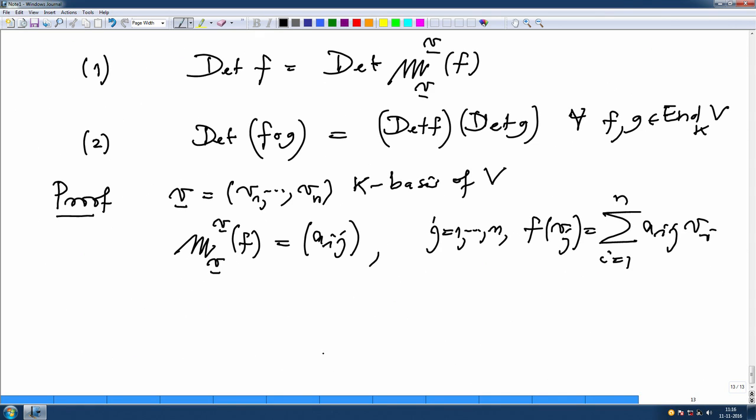Then, okay, and what do we want to prove? We want to prove this determinant equal to this. Remember, this determinant is defined by,